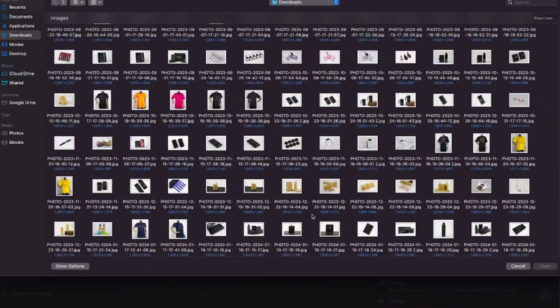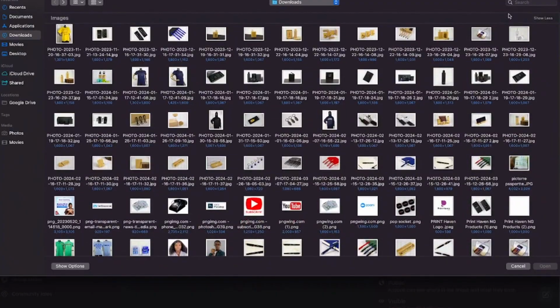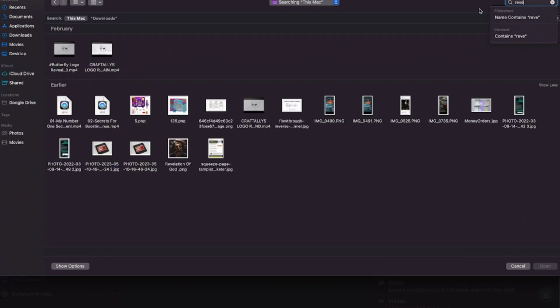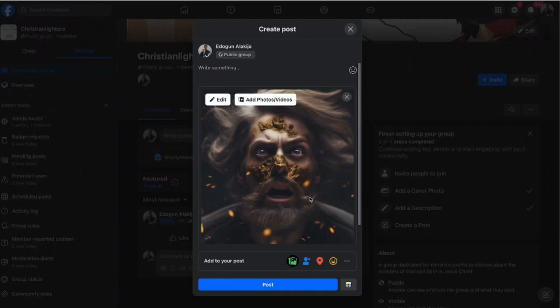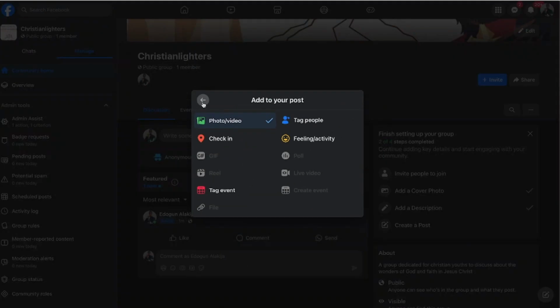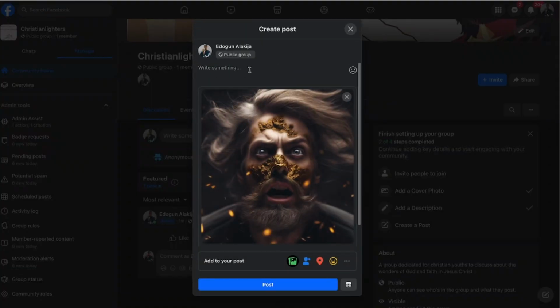So let me just search over here. So I'm just going to pick that one right here, open it up right here, and yes, then I can just, so that's a picture. So what I can now do is I'll